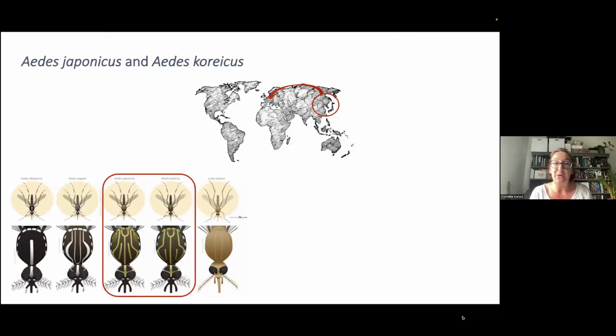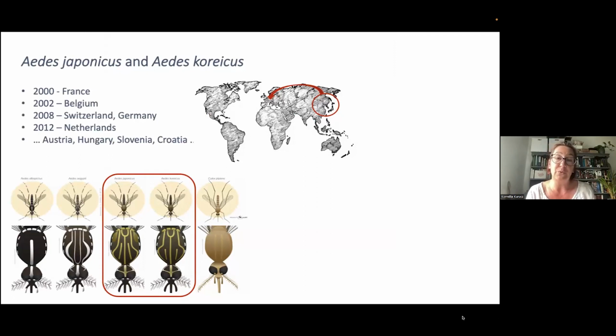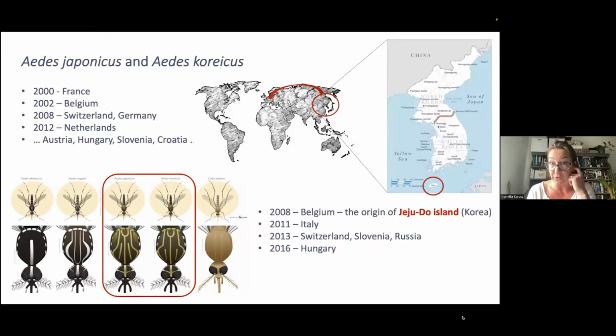About these species, I think I don't need to introduce the two species, because all of us are clear that they arrived from Asia, so they are native to Asia. Aedes japonicus reached Europe around 2000, first in France, then in Belgium, Switzerland, Germany, and so on, and spread relatively fast across the continent, while koreicus arrived a little bit later. It was found for the first time in Belgium, in Europe, and at that time